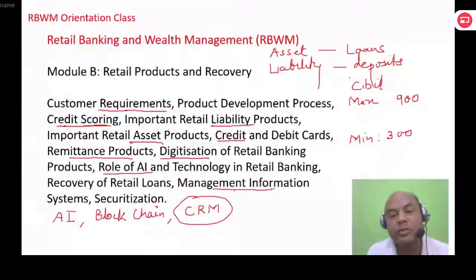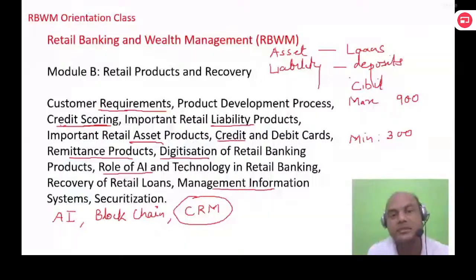Without MIS, no bank can function. What is MIS? Management Information. Suppose if anything happens in the branch, the management must come to know immediately before the newspaper comes to know. Okay, so that is MIS. You will be having various topics in this. You are having DSS in this, Decision Support System, which is a part of your MIS. Then almost 6 systems are there under MIS.